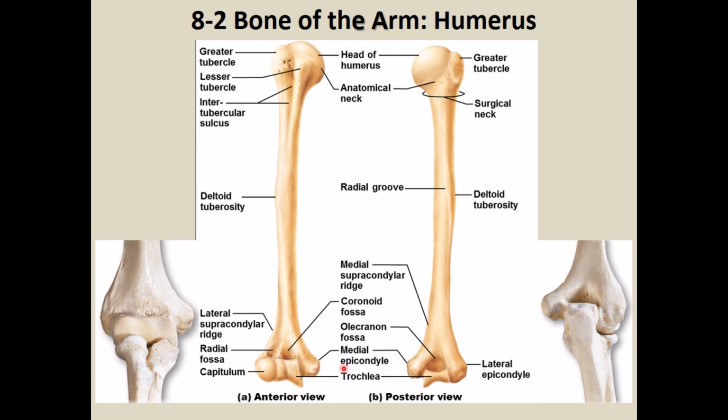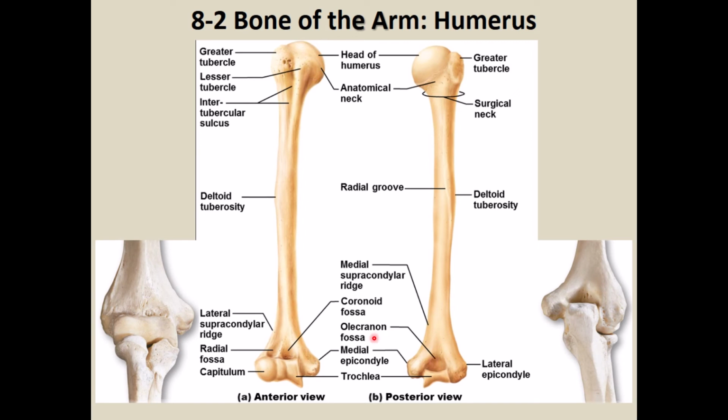Another structure that you see, this is called the epicondyle. So epicondyle means above the condyle. Condyle is articular surface, usually half spherical. So this is above that. So this is the medial condyle, and that is the lateral condyle. If you look at the posterior view distally, you see one fossa there, and this is called olecranon